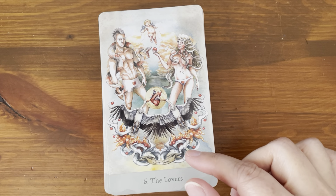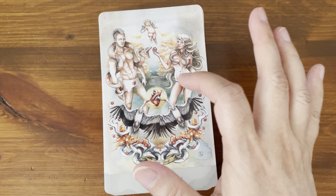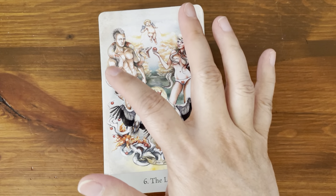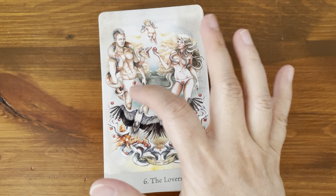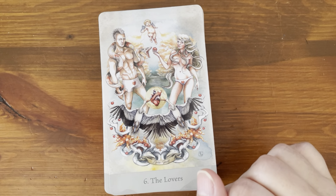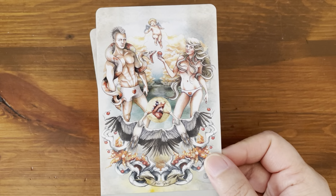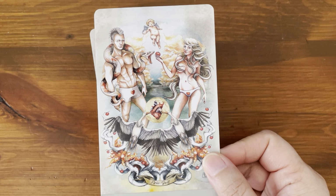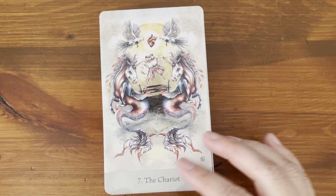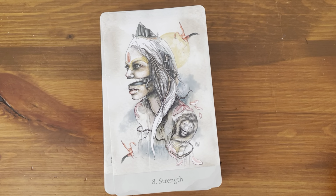So we have the Lovers, and we have, according to the guidebook, I read this one too, Eve, they're in the Garden of Eden. Eve is offering Adam the apple, and then the snake is wrapped around Adam. There is a Cupid up here. So there's a lot of detail. And like I said, it's one of those where you kind of look at and contemplate, and maybe each time you do a reading, you pick up a different detail. The Chariot, Strength,